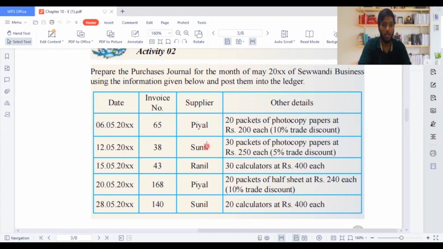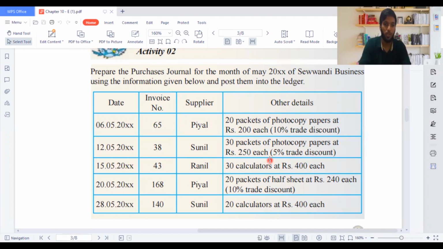And you see PR Sunil, the same person is coming twice. In the previous sum there was no discount. So in the textbook it's not there, but in the activity it is there. But this activity is the same as the past paper which I have put in the description; the exam is going to be completely the same way. So if you know how to do this activity 2, trust me, you will nail your past papers.